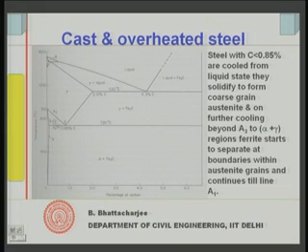Here the ferrite will start separating at the boundaries within the austenite grains and continues till A1. So, till A1 what will happen? If you come from here, first liquid, then you come somewhere here, it is all austenite formation, and then as you come down to A3, beyond A3 at the austenite grain boundaries, ferrite will start separating out, and that will form till A1.